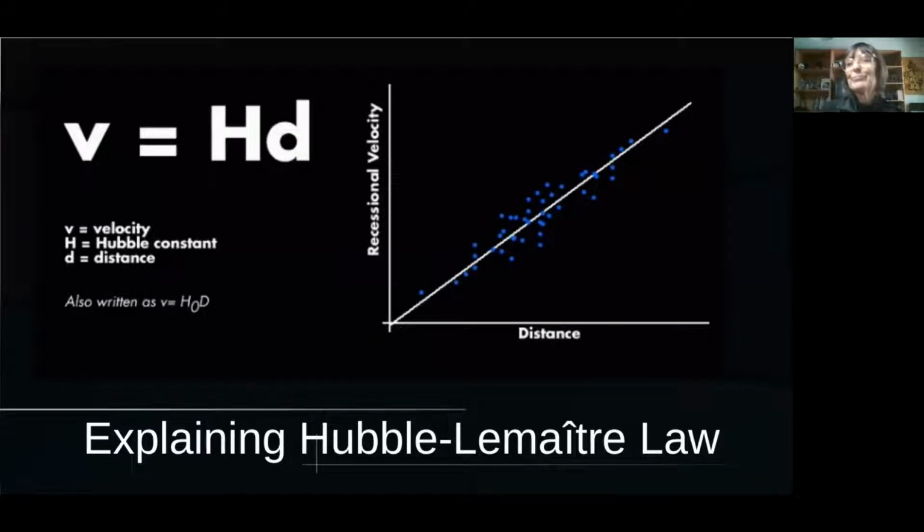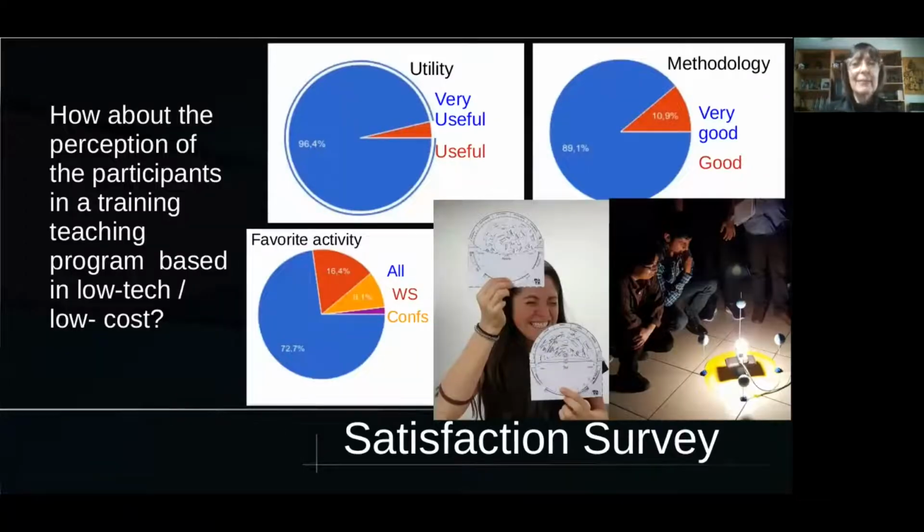So, after these 2 examples, let's evaluate the activities, testing the perception or the satisfaction of the participants in this kind of proposals. Here, a few results of the satisfaction surveys. It's about the utility, the methodology, and the activity itself. It means workshops or conferences or everything. And you can see that the satisfaction and the perception of the participants in this kind of proposals is very high. The satisfaction is so high that they use a lot of this kind of materials, low cost, low tech,